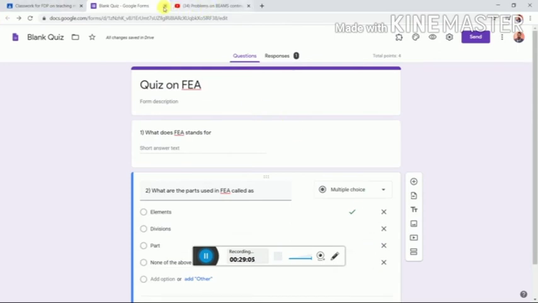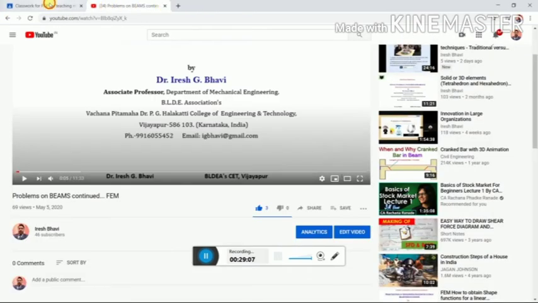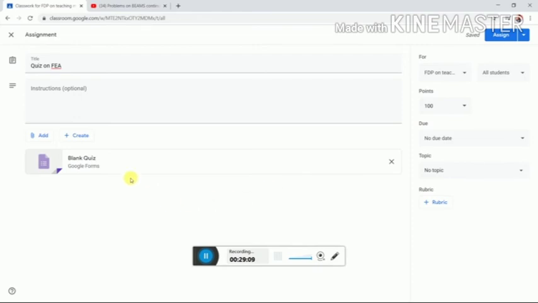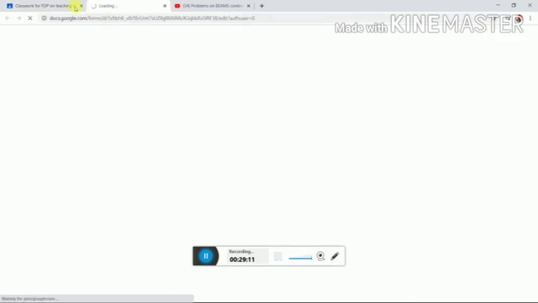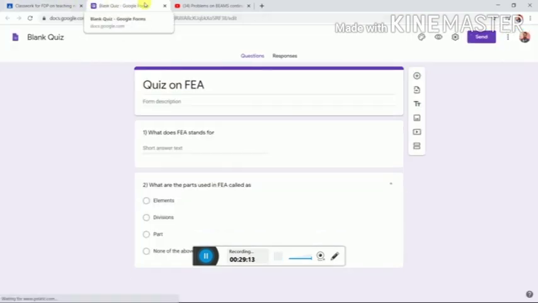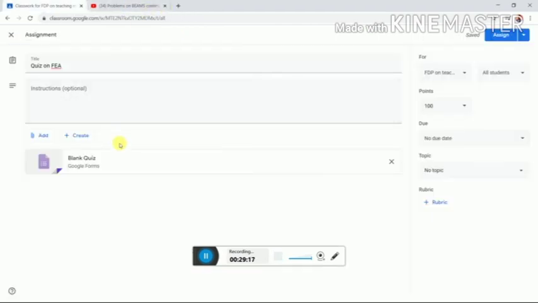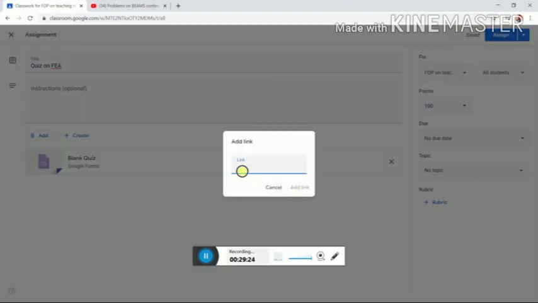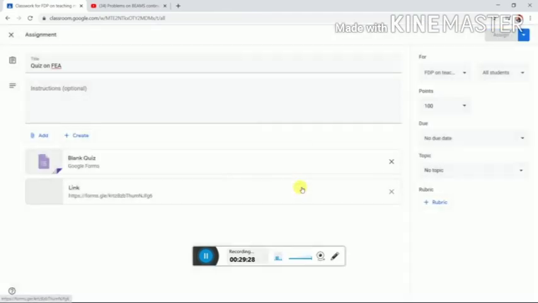Okay, see here, it will be created, and you can save this. See here, those can be shared. For example, go to this one, add link, whatever I have copied just now, you just paste it here and add link, so that the students can see this link, they can click on this one and they can participate in this quiz.